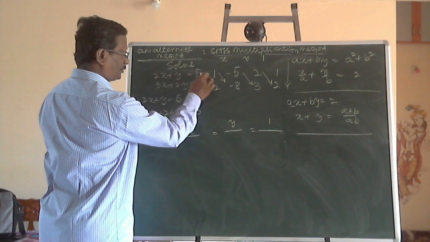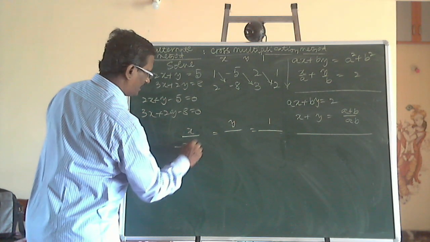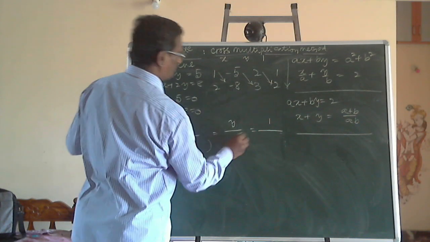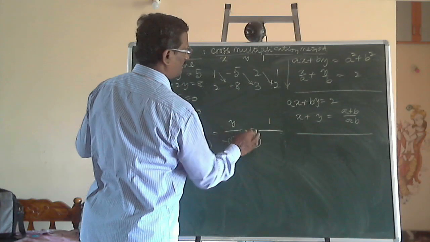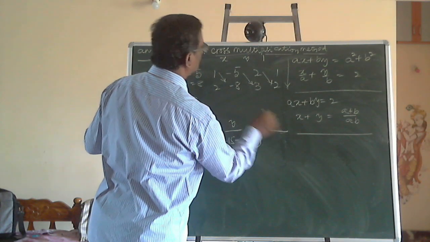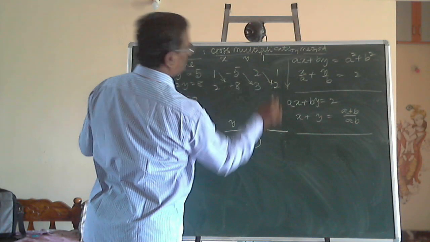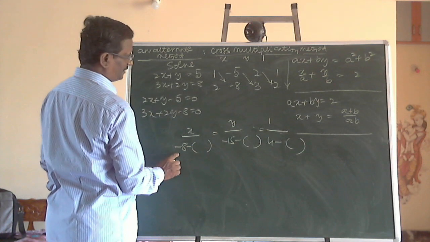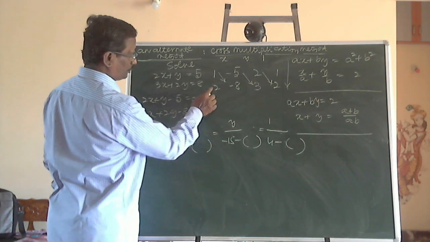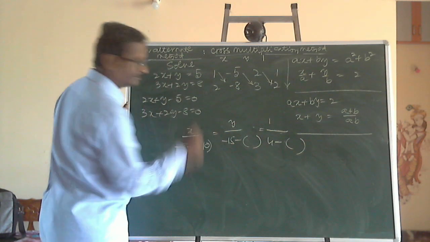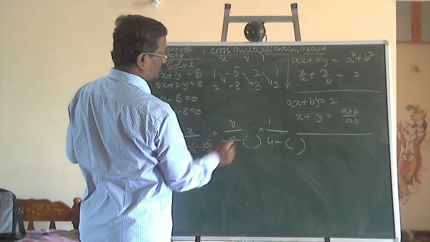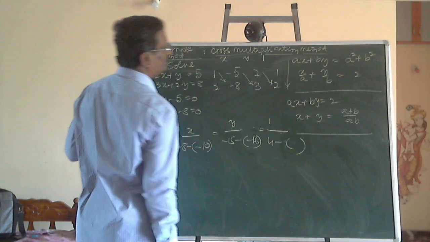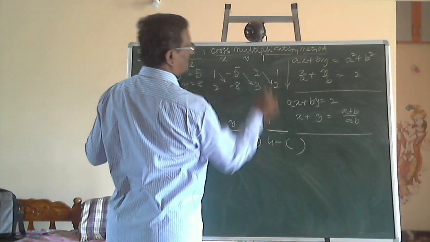First product: 1 into minus 8 is minus 8. For the second product, keep the bracket ready. Here the first product, minus 5 into 3 is equal to minus 15. And keep the bracket ready for the second product. Here for the constant, 1 divided by 2 into 2, 4, minus the bracket. Directly we can also write 1 into minus 8, minus 8, minus, then bracket 2 into minus 5 is minus 10. Minus 5 into 3, minus 15, minus the bracket minus 8 into 2 is minus 16. 2 2s are 4, minus 3 1s are 3.